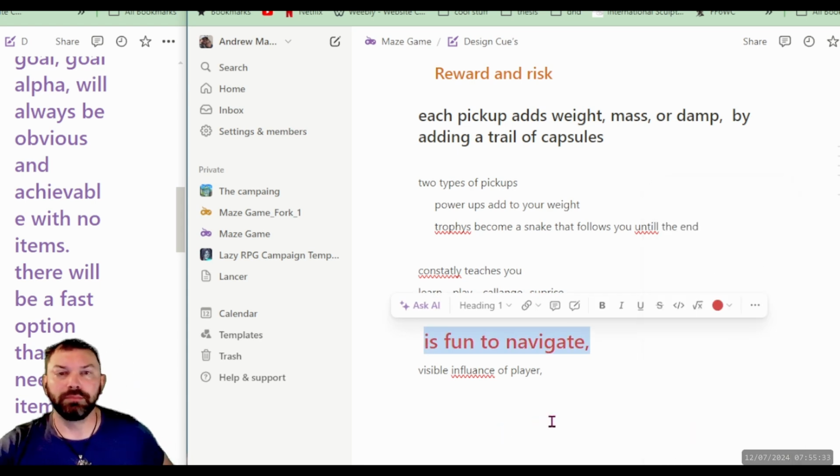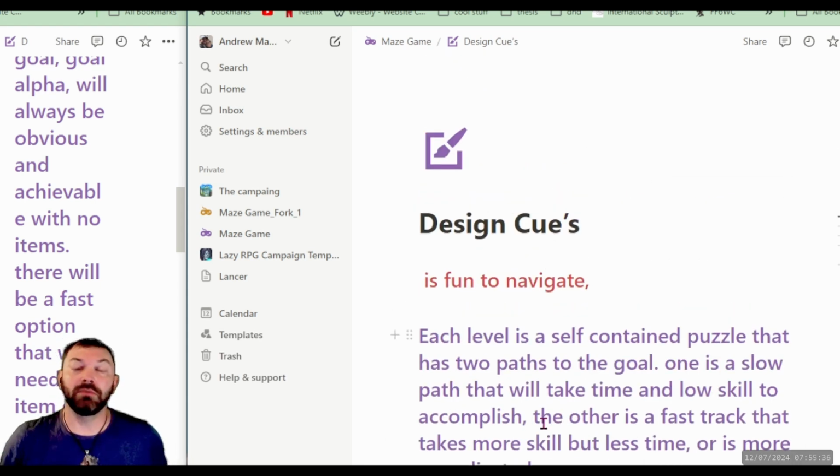Right, that's super important, because if it's not fun to navigate, if the puzzles aren't fun to solve, like the act of solving them isn't fun, then what's the point? So making sure that even though you have this choice of do I go through a short path or a fast path, a puzzle path or whatever, each of those things in and of themselves can't be so frustrating and so tedious that they're like a chore. They need to engage actively through mechanics, through feedback, through rewards to keep the player interested in going for that kind